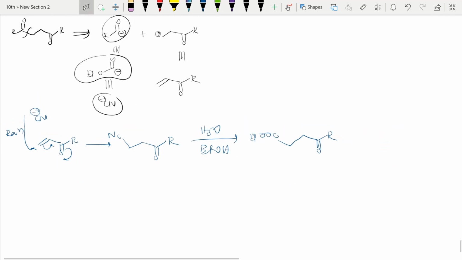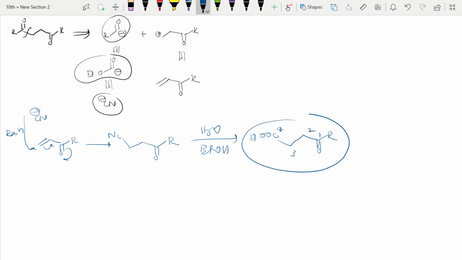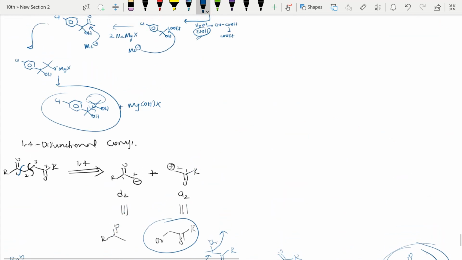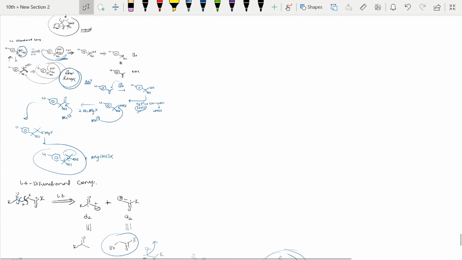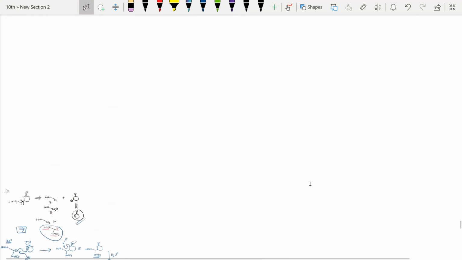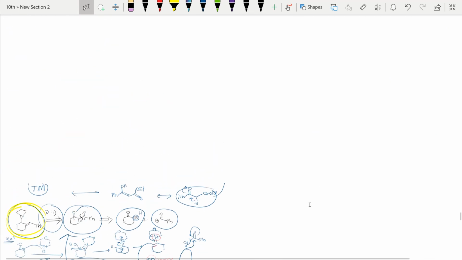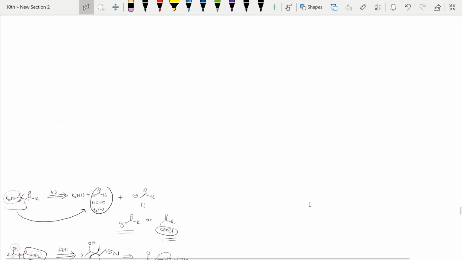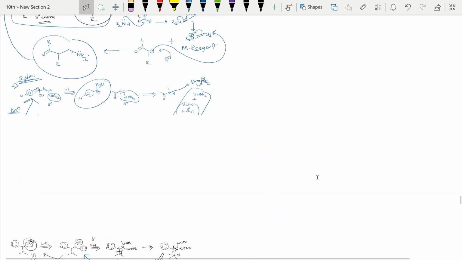So see here, this is also 1 2 3 4, a 1,4-dicarbonyl compound. Like this the reaction will happen, right? So these are the few reactions of all these 1,2 and 1,4 things, right? So with this I'm going to end this retrosynthesis. I hope it helped you a lot. I hope you enjoyed. So these are the few notes here, in which I have told you everything. Yeah. So I hope you enjoyed it.